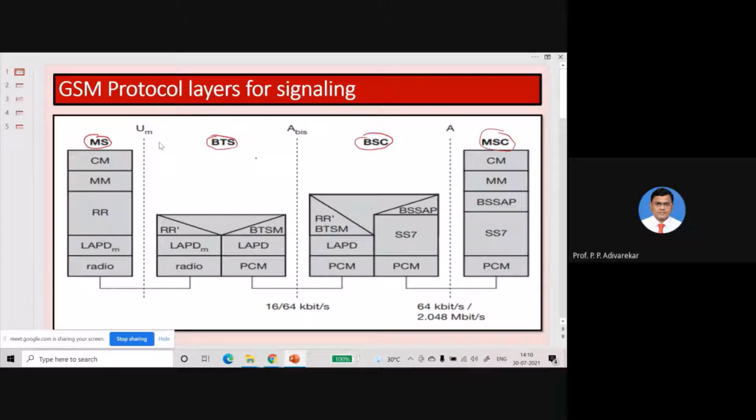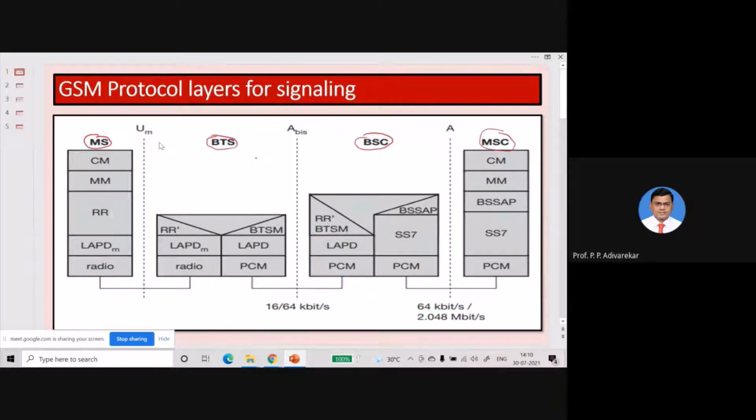As you can see, there are different layers involved at the different entities. Here you can clearly see in the diagram, the mobile station implements five different layers. Actually, that are three layers, we will see that later on.